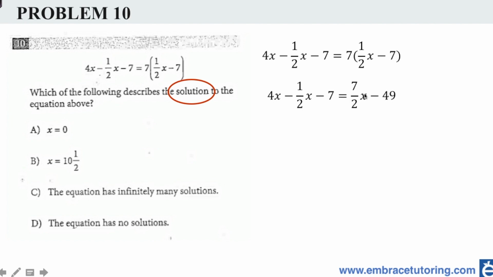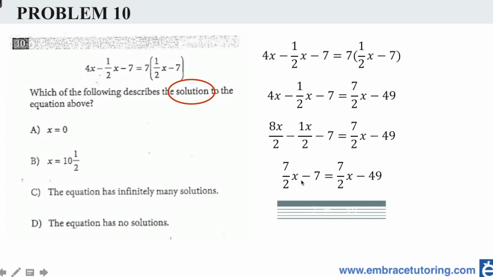Now, I kind of like this, and here's the reason why. Because initially I had a 4x minus 1/2 x. Well, if I take my 4x and make the 4 over 1 have the same common denominator of 2, I then get 8x over 2 minus 1x over 2. Now, the reason I like this is because I now, on both sides, have a 7 over 2 times x, right? 7 over 2 times x. And by keeping the 7 over 2x equivalent to the 7 over 2x, meaning that negative 7 and negative 49 will not be equal, that means that there is no solution to this equation, making D the best answer